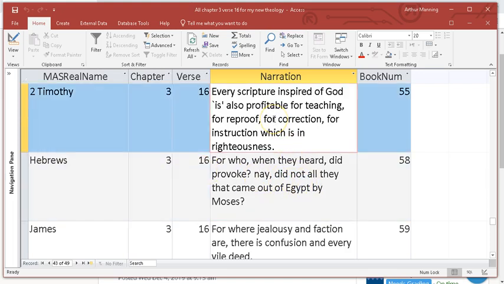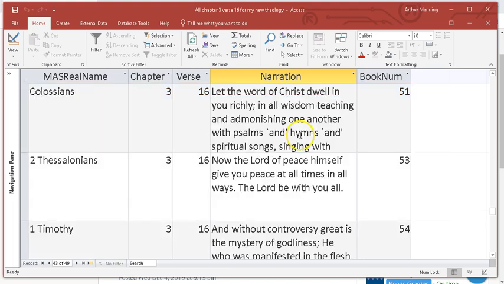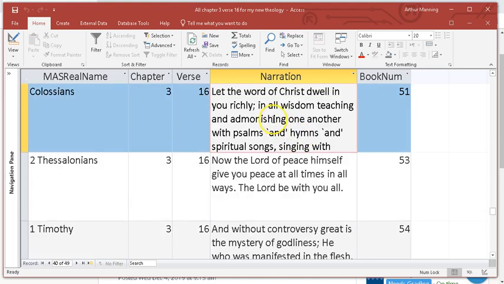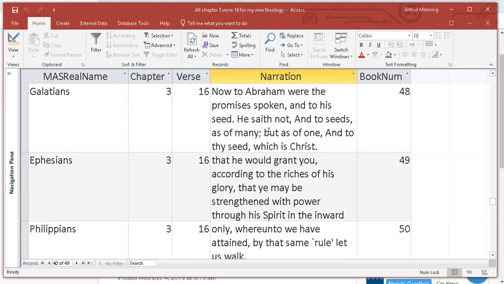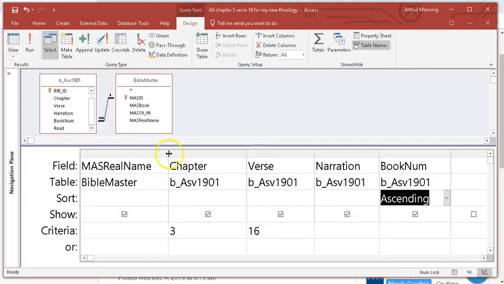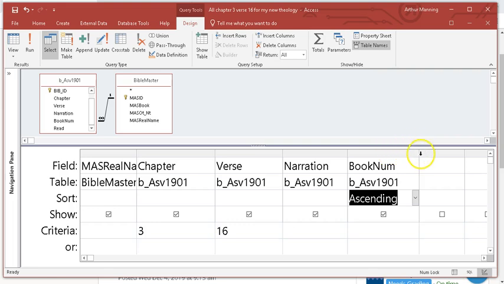Oh, there's 2 Timothy 3:16. That's a good verse. It's Colossians 3:16. That's a really good verse. Are they somehow related? Now that's where you start going off the track. You may find something interesting related, but make that something you use perhaps to help you remember things. Don't base your theology on things like that, or you're going to be going off the track fairly quickly, thinking that somehow 3:16 is an inspired